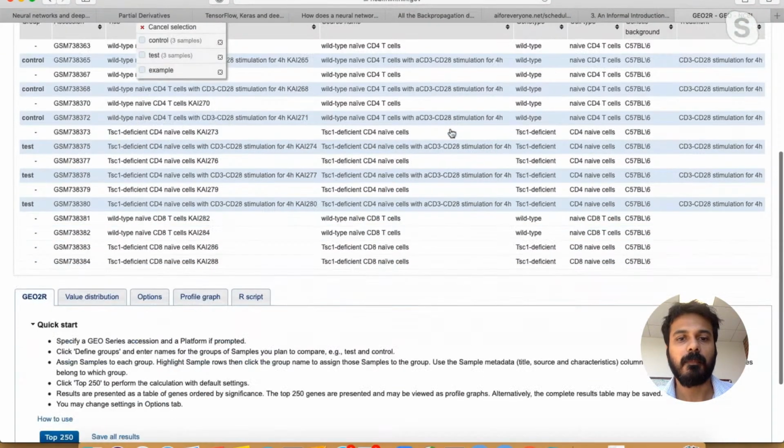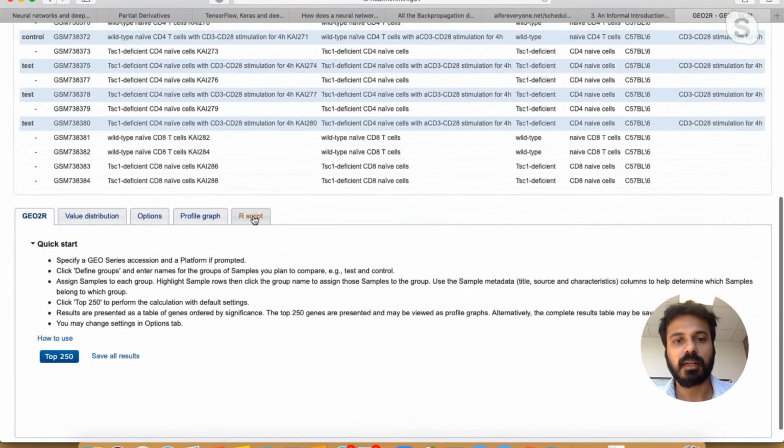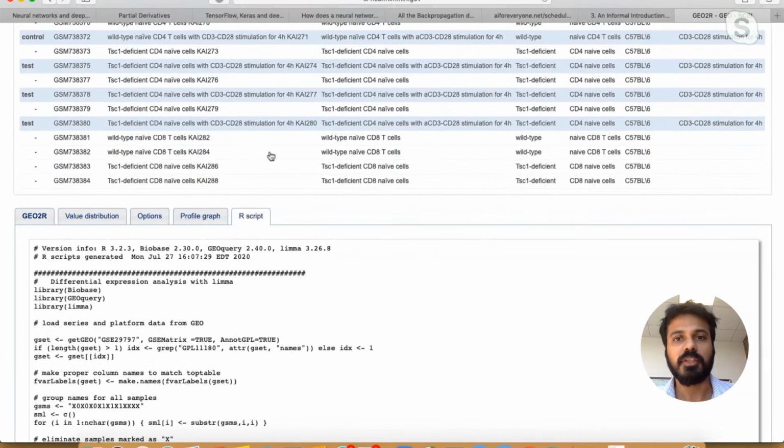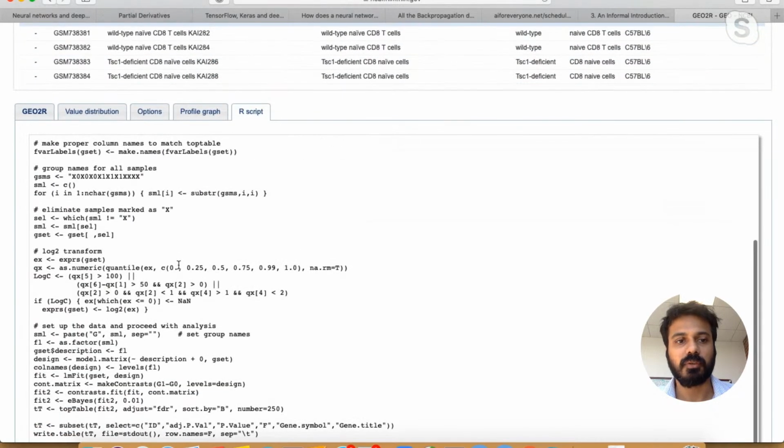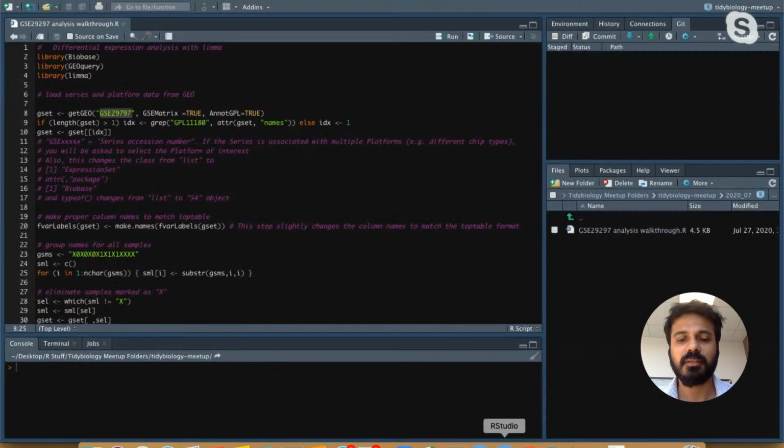Now, if you scroll further down and click on R script, GEO2R automatically generates an R script that compares these two groups. All I did was cheat and copy paste all of this code into R, and we'll be going through this line by line. So if you go back to your project,